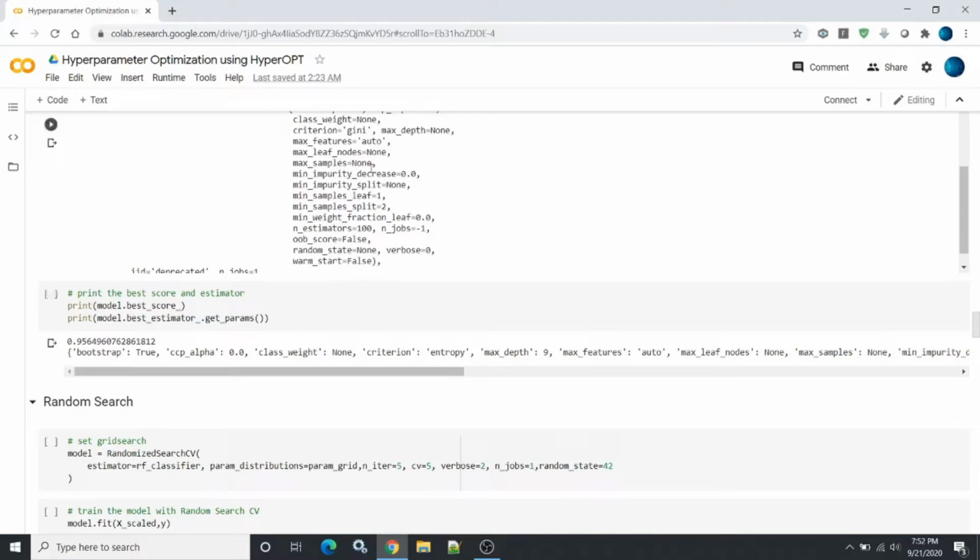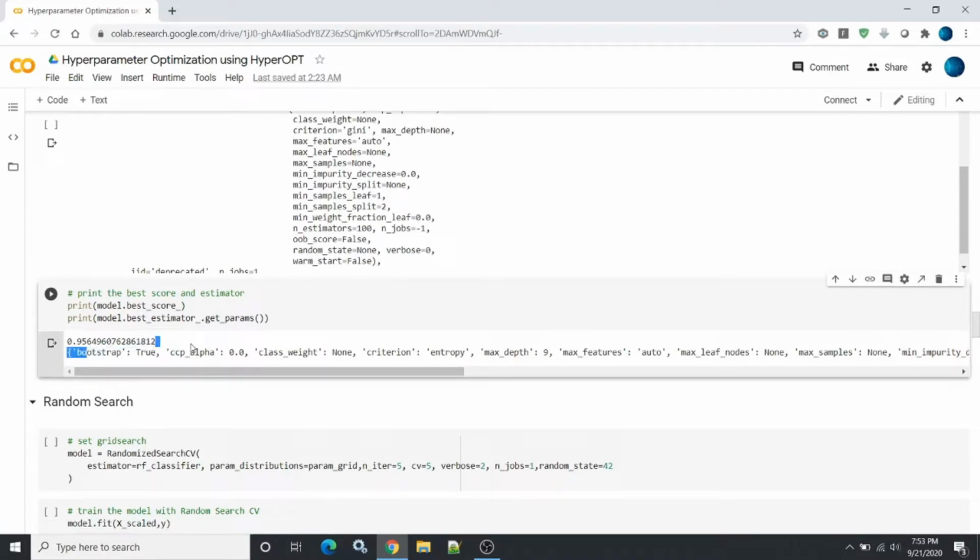Out of all this execution, I wanted to know what my best one is. So here I can see my best model score, model.best_score_. And what is the parameter that I have to pass to my new model, the hyperparameters that I want to pass? Here it says that the best score is about 95.64 accuracy, and these are the hyperparameters that you need to pass on to the model. So you can just copy paste,